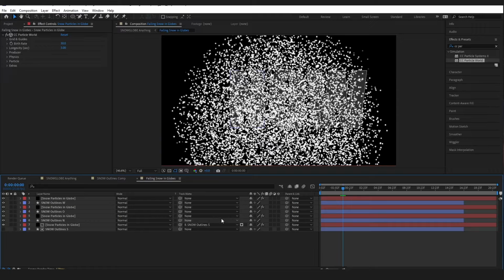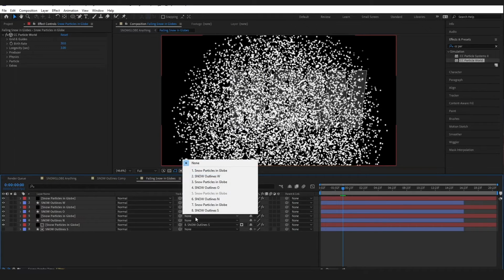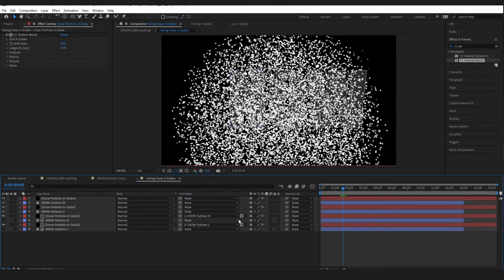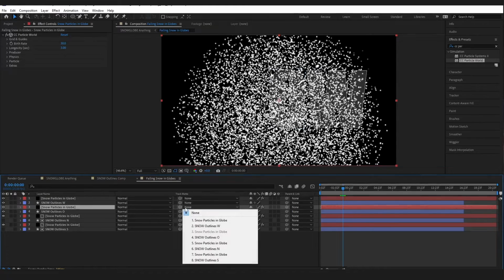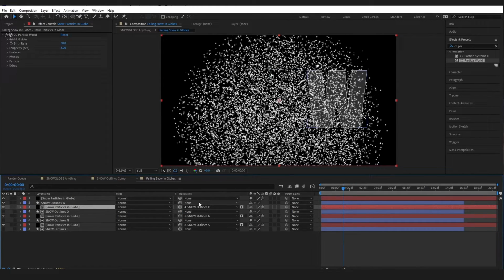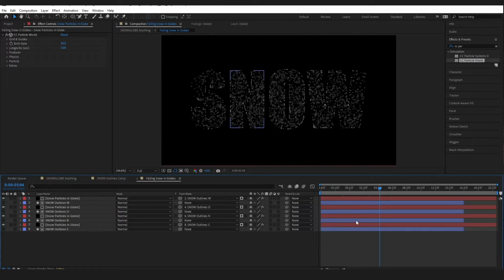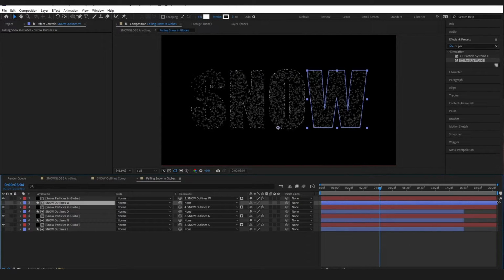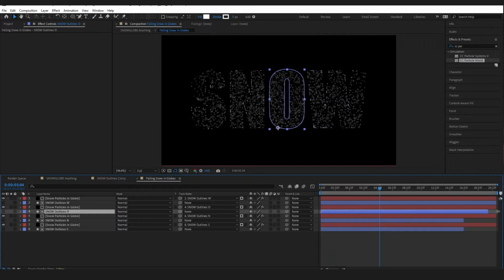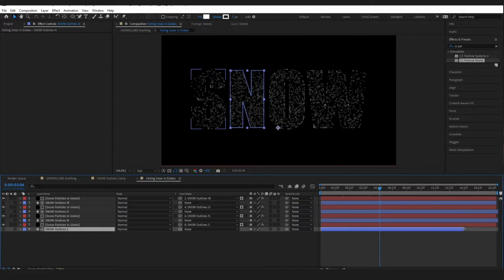So the snow particles in globe next is going to go for the snow outlines N, and so on. I'm just going to keep this going at regular speed here because I know that it can be just a little bit of a trick on the eye. You can see I'm even going slow because it was confusing me. And you can see as soon as that last letter was done, we now have this look of the snow falling within the letters. I've just noticed that these layers aren't quite long enough, so I'm just going to drag